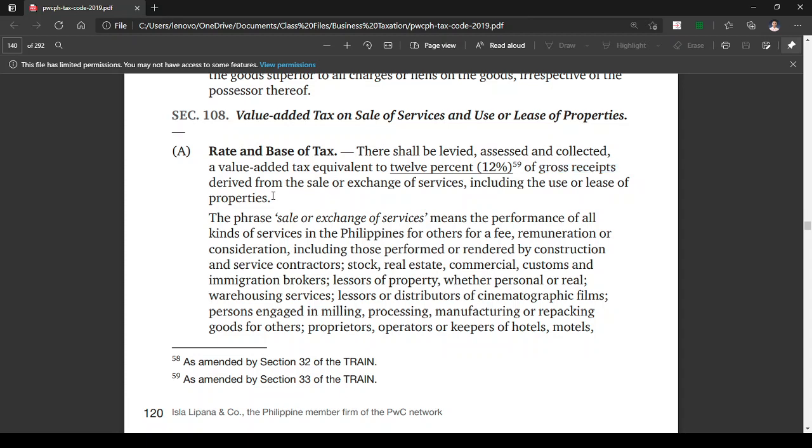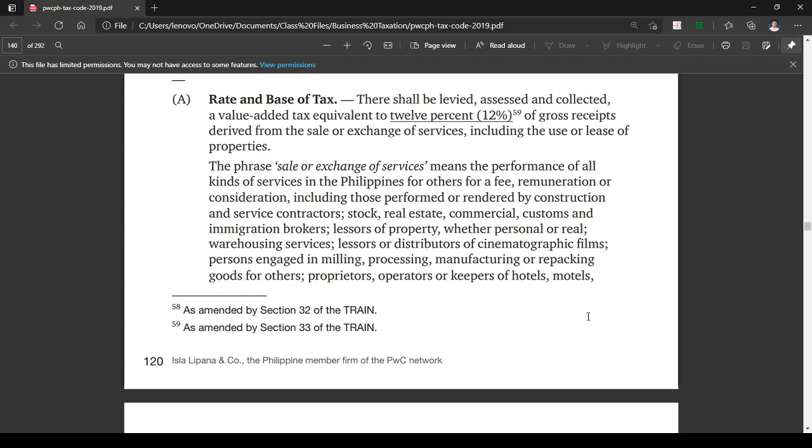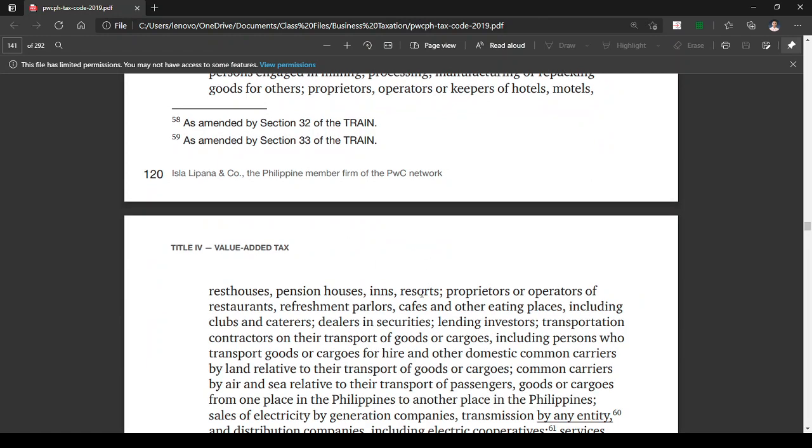So, the phrase sale or exchange of services means the performance of all kinds of services in the Philippines for others for a fee, remuneration, or consideration, including those performed or rendered by construction and service contractors, stock, real estate, commercial, customs, and immigration brokers, lessor of property, whether personal or real, warehousing, lessor or distributors of cinematographic films, persons engaged in milling, processing, manufacturing, or repacking goods for others, proprietors, operators, or keepers of hotels, motels, rest houses, pension houses, inn resorts, and